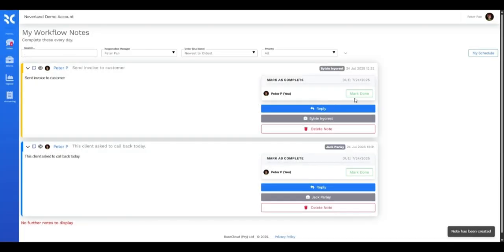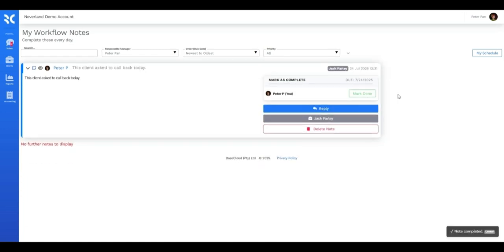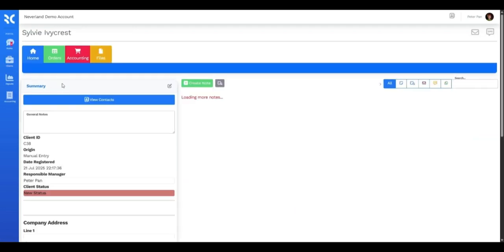I'm going to create the workflow note and mark this one as done because I've completed this step. When you see them on your notes page, you know that certain tasks need completing. After you've completed them, you mark them as done. If I go back to the client's page and navigate to Sylvie, where that workflow note was created here, you